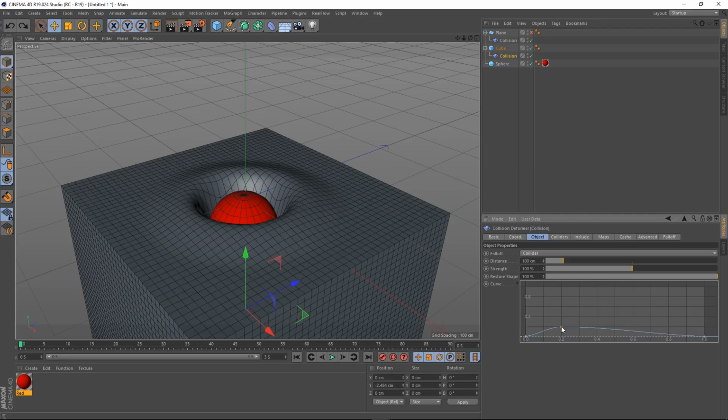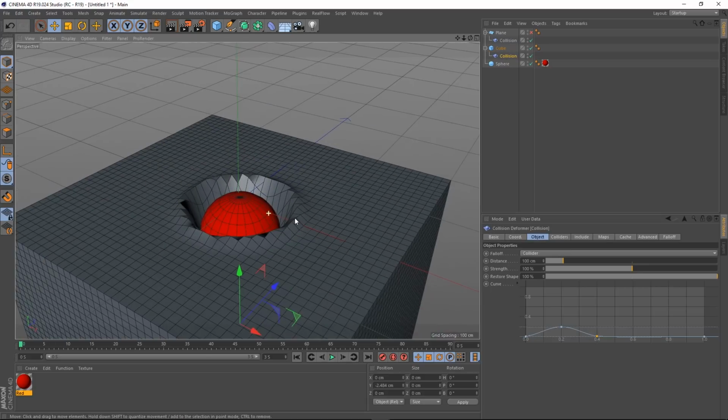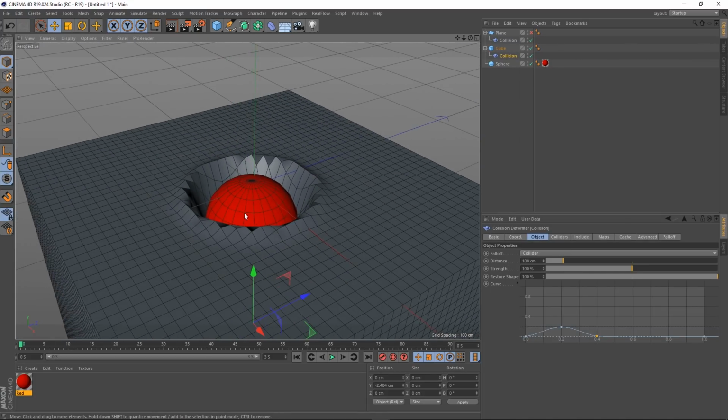Now, as you can see, that has actually changed the nature of this fall off. You can see the curve goes up quite quickly and then fades away over a much longer distance than this, and that's exactly what we're seeing here. So if I grab another point here and pull this down, you can see that has created this type of thing. Now we're getting some crinkles on the edges there, and that's probably because there's not enough geometry to describe this